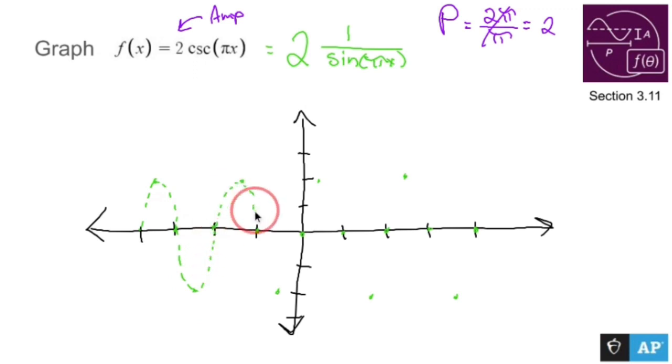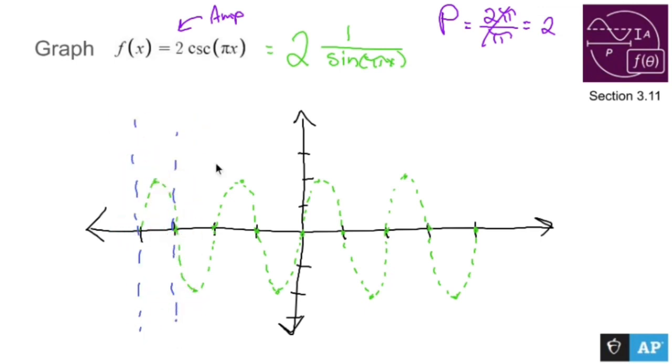Now, while I'm drawing this out, this is going to be my guide for what this cosecant function is going to look like. Anytime my sine graph, my rough graph, goes through the x-axis, that means it hits 0 in the denominator for a cosecant. And when 0 is in the denominator for your cosecant, well, that, boys and girls, is a vertical asymptote. Vertical asymptote, vertical asymptote. So as I draw all these vertical asymptotes, including you,